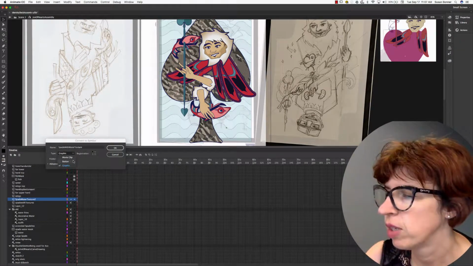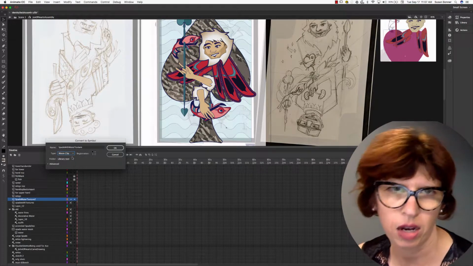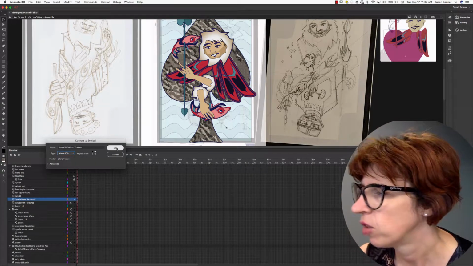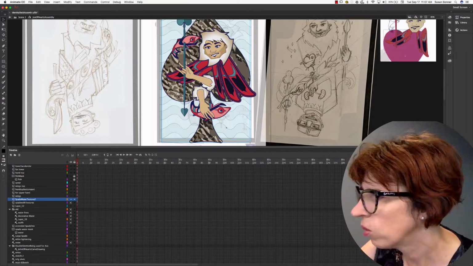I'm going to make this one into a movie clip so that we can really get some of the color adjustments. That's how we can get color adjustments. So it's all good there, and say OK. So that's now a symbol. When I click on it,